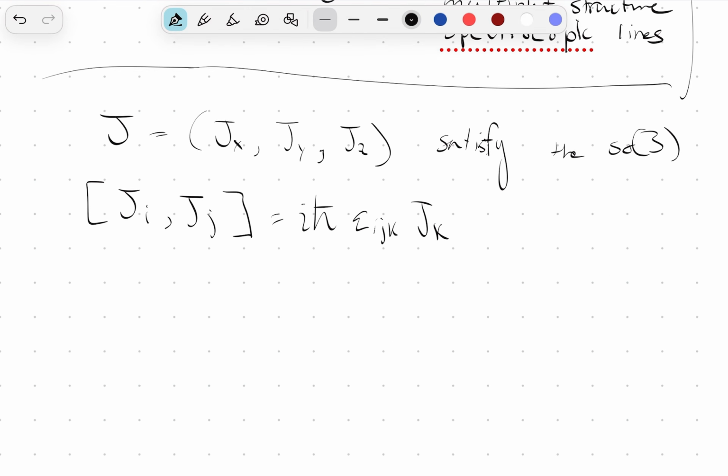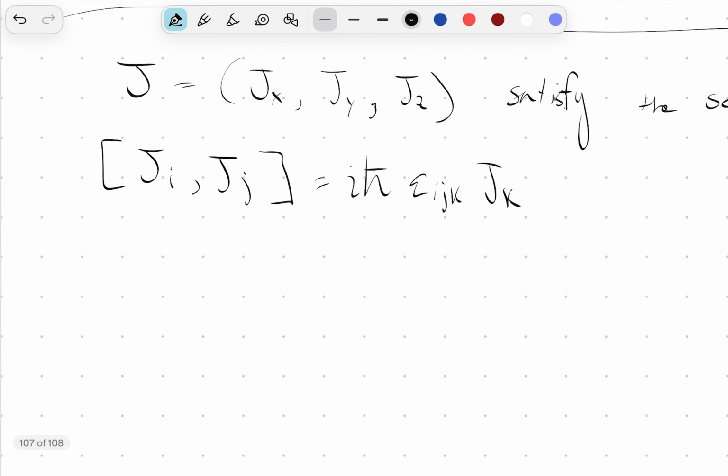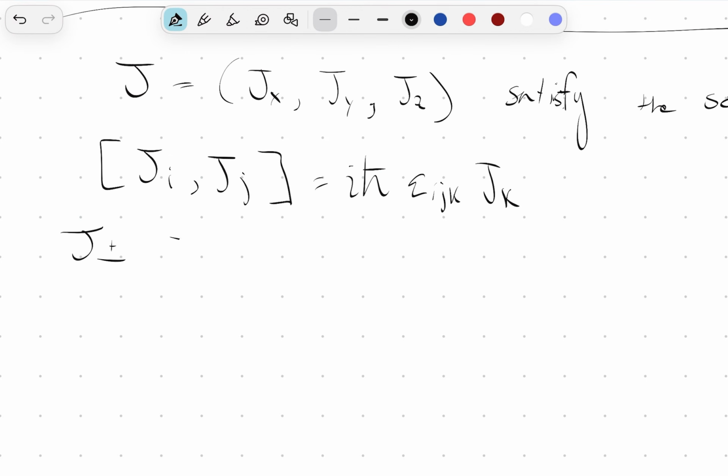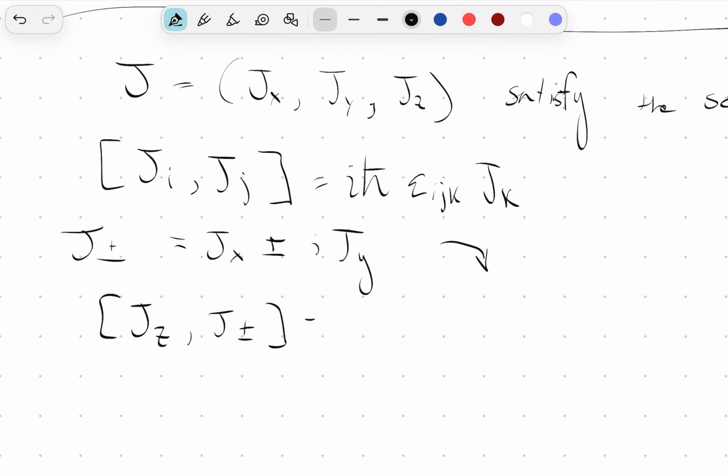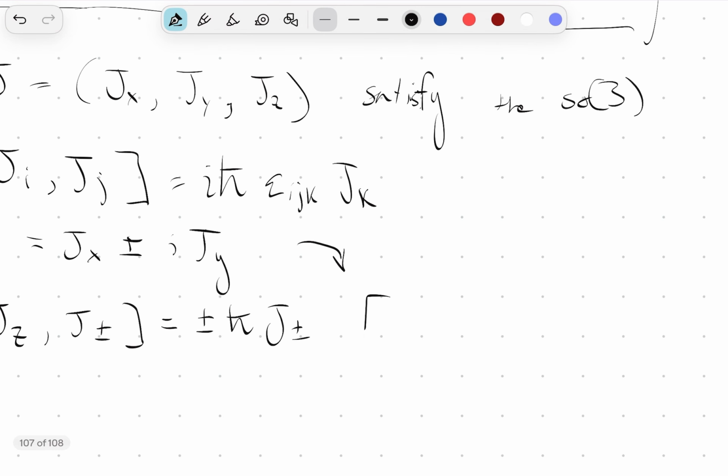And what we can do is define similarly, as we did previously, the ladder operators J plus or minus, equivalent to Jx plus or minus iJy, and these ladder operators are going to obey the commutation relations: Jz with J plus or minus gives plus or minus ℏ J plus or minus, and same thing, J plus with J minus is going to give us 2ℏ Jz. And what we can do is